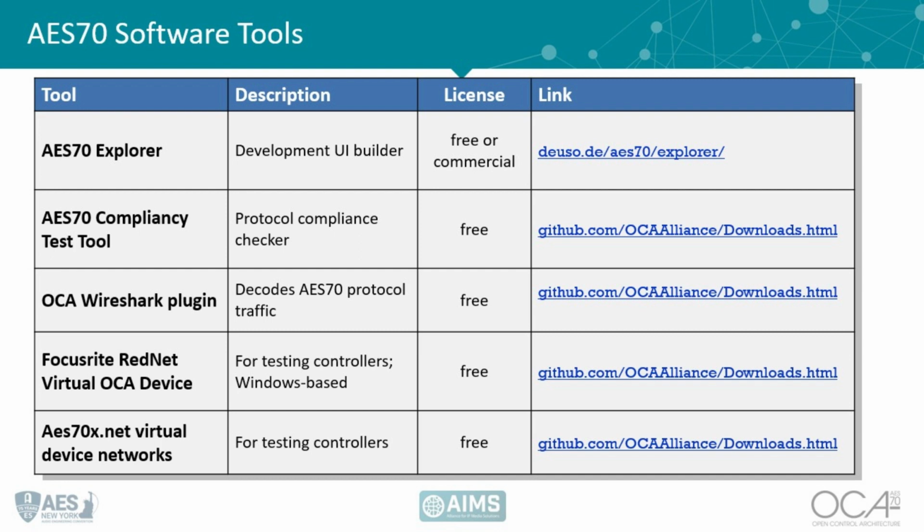Just to pause for a second, compliancy testing of a control protocol is a pretty hard thing to do, because you can certainly test a device to see that it's executing all the protocol operations correctly. But if I tell a device to turn the gain up 5 dB and instead it turns down the panel brightness, I can't test that. You can't really test whether the control operations have the advertised semantics or not, because, as I said before, AES70 doesn't dictate how you build your device, just how it talks on the network. So compliance testing is a complicated question, but the compliance tester will at least tell you if you got the protocol right.